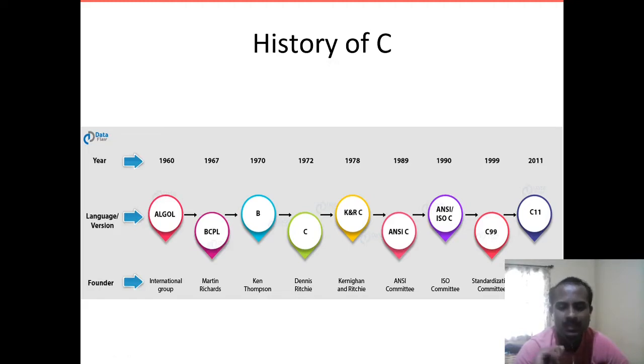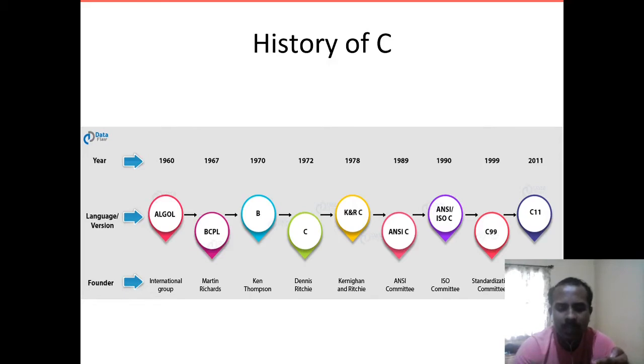What is a typeless language? For example, when you are writing a program and you declare a variable, you give the name of the variable and also say the type of the variable. What is the type of the variable?